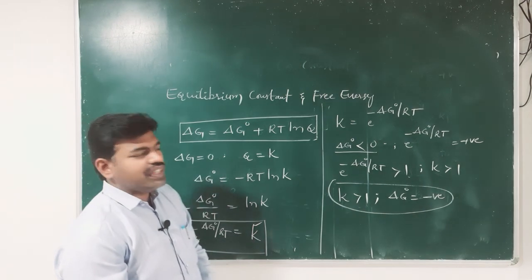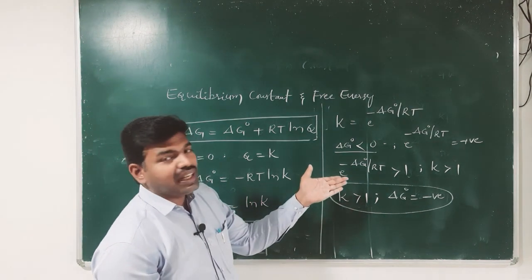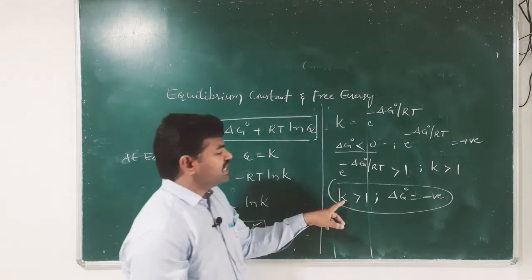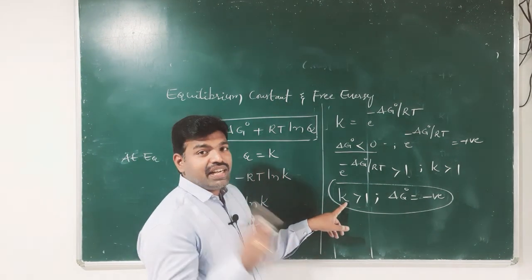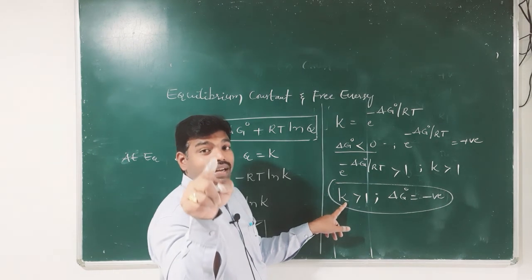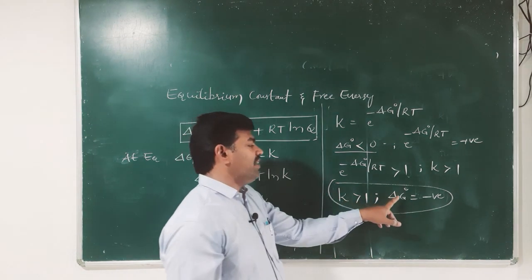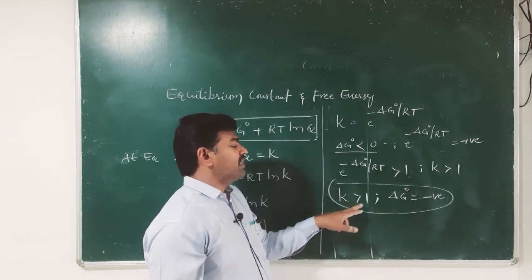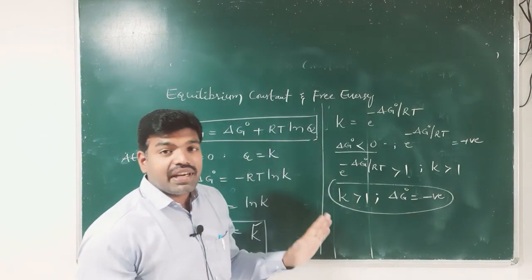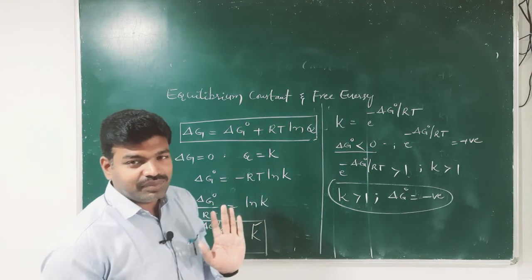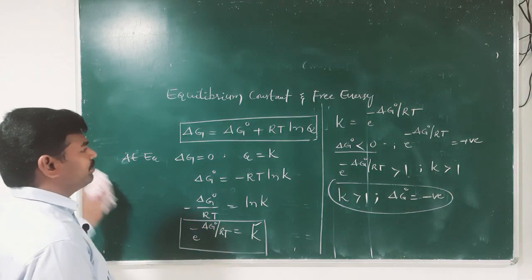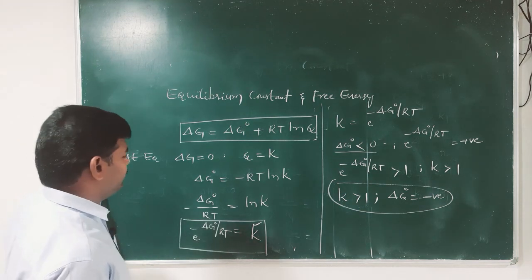Okay, usually we say that when delta G is negative, that reaction is a spontaneous reaction. And one more thing: we are discussing the relation between equilibrium constant and Gibbs free energy. Whenever standard Gibbs free energy is negative, then K greater than 1, that means the forward reaction is a spontaneous reaction, right? And the other case is the second case, when delta G naught